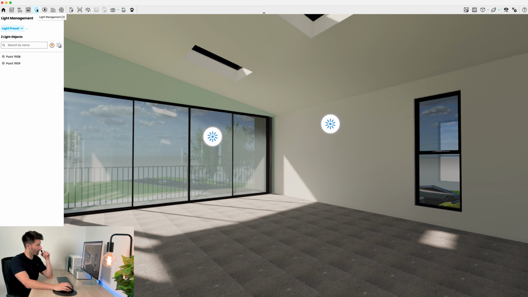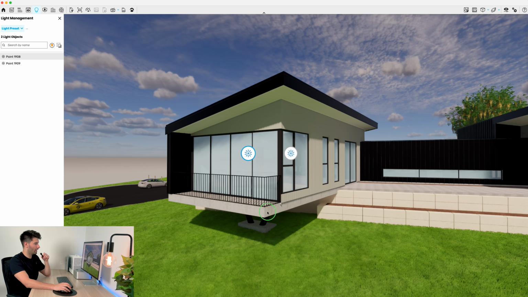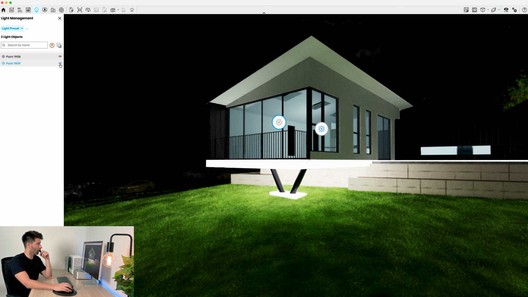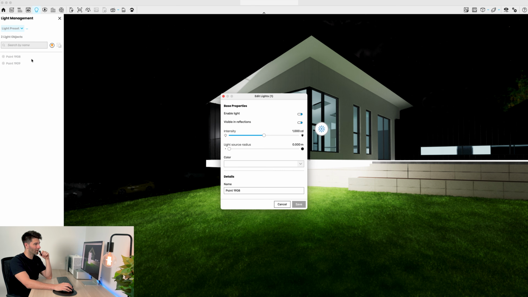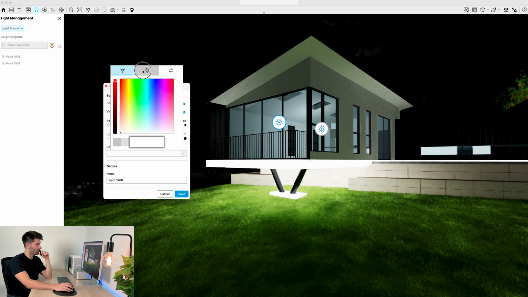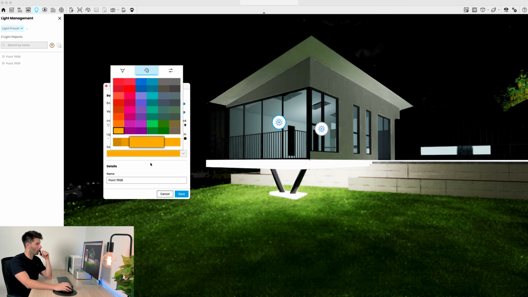We go into our light management tool, and we can either select one or both of our lights. And in this scene, let's say we want to convert it to that nighttime shot. And these lights are super bright. They're penetrating through the floor and everything. So we can toggle them on and off in Enscape, or we can double click them to adjust each individual light. So for instance, I've double clicked on the first one. We can reduce that intensity, change our radius, change our color to something a little bit more warm,